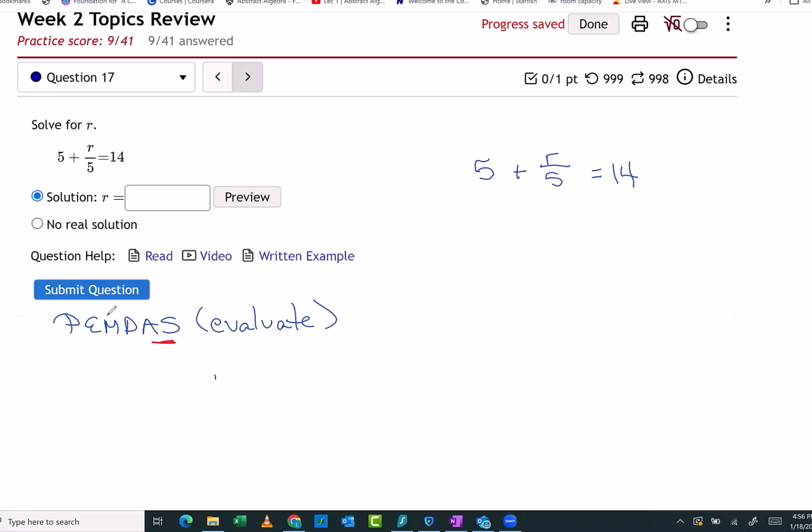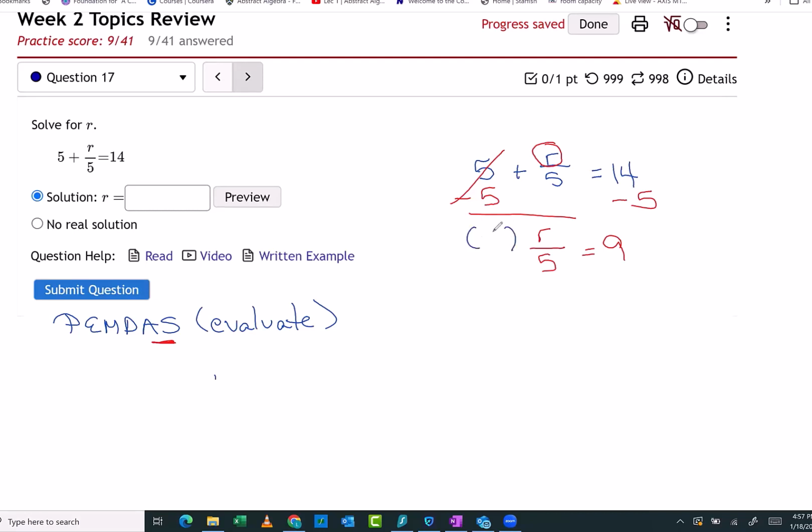For example, remember what I want to do is isolate my R. Means I have to get everything away from R and just have R equals. And I'm going to start with adding and subtracting, which means I'm going to subtract 5 here from both sides. This becomes 0, and I get R divided by 5 is equal to 9. Well, now I just have a multiplication left, which means I'm going to